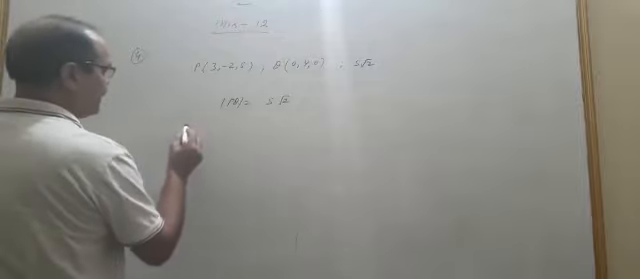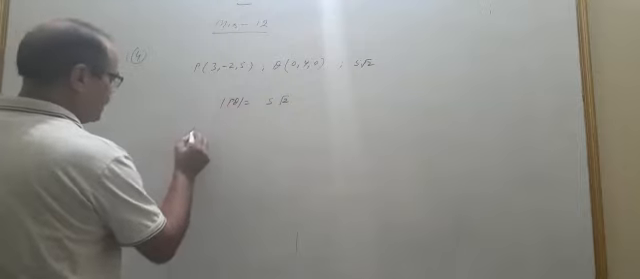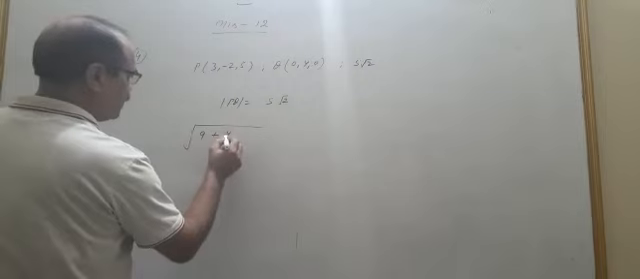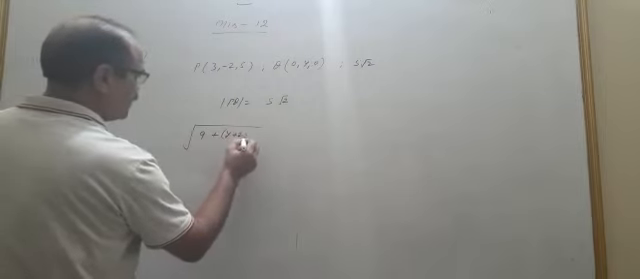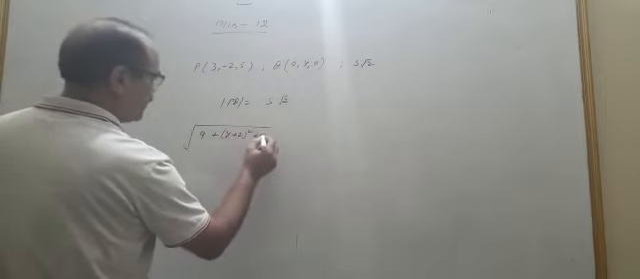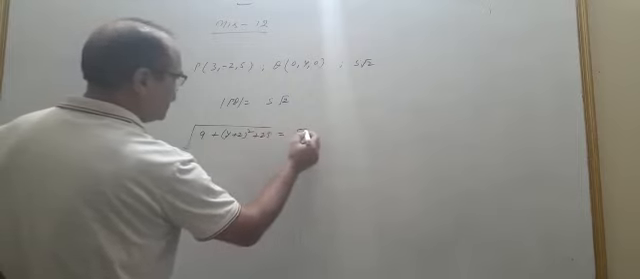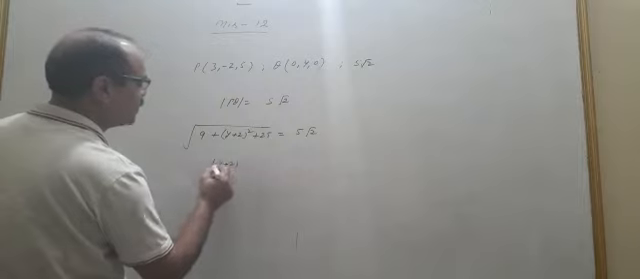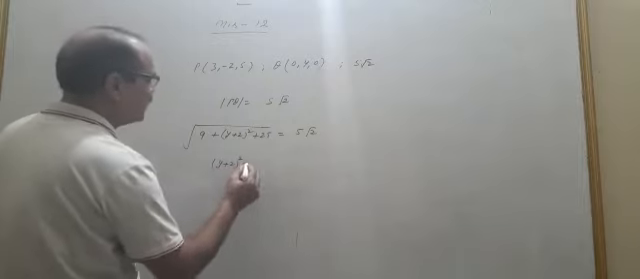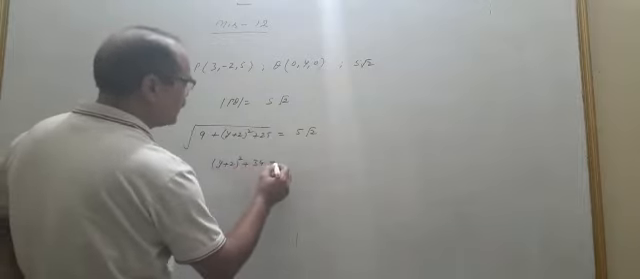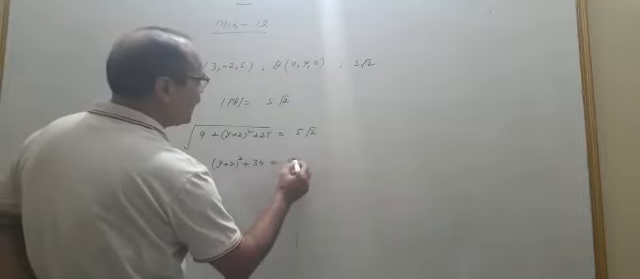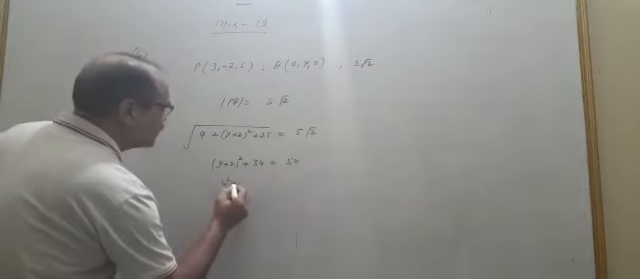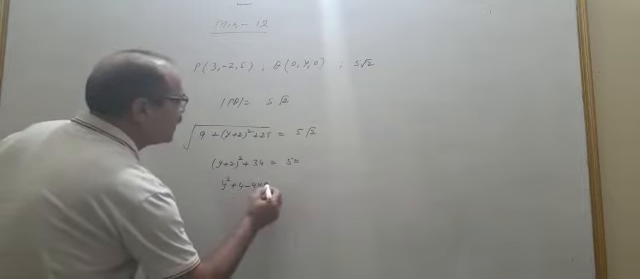PQ length, by the distance formula, that is (x2 minus x1) squared, (y2 minus y1) squared, plus 25, is equal to 5√2. Now squaring both sides, we get this whole square plus 34 is equal to 50. Now it can be written as y square plus 4 minus 4y is equal to